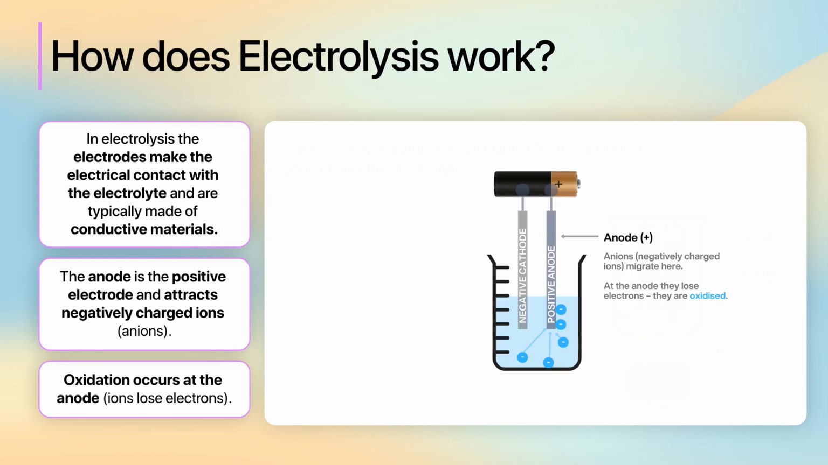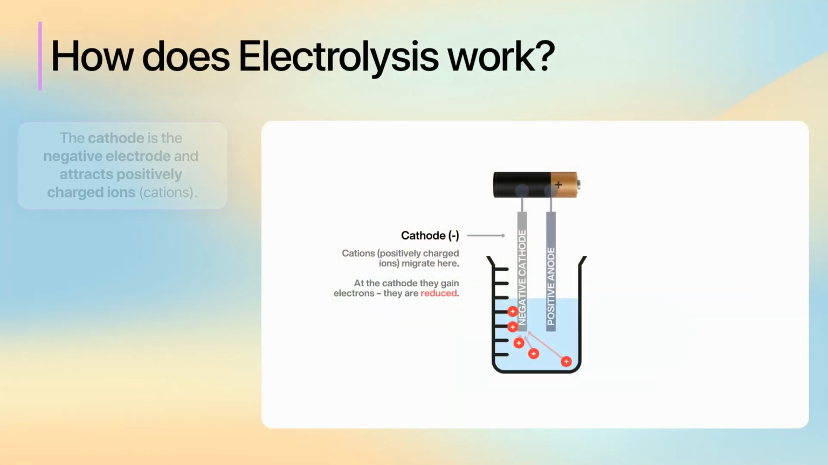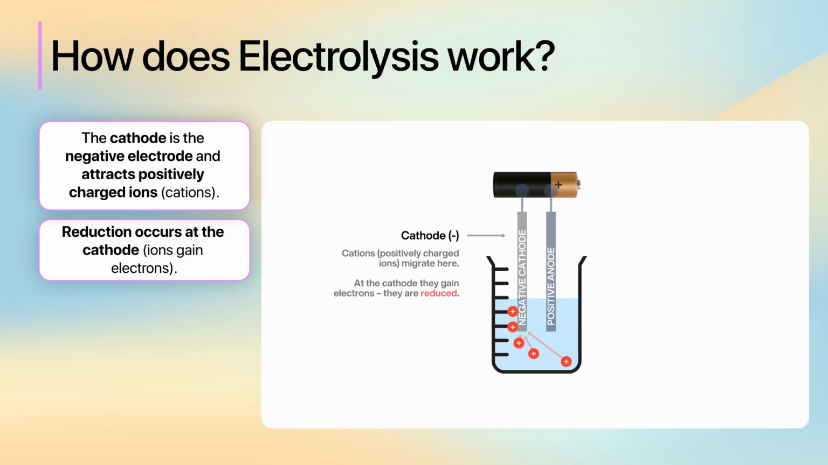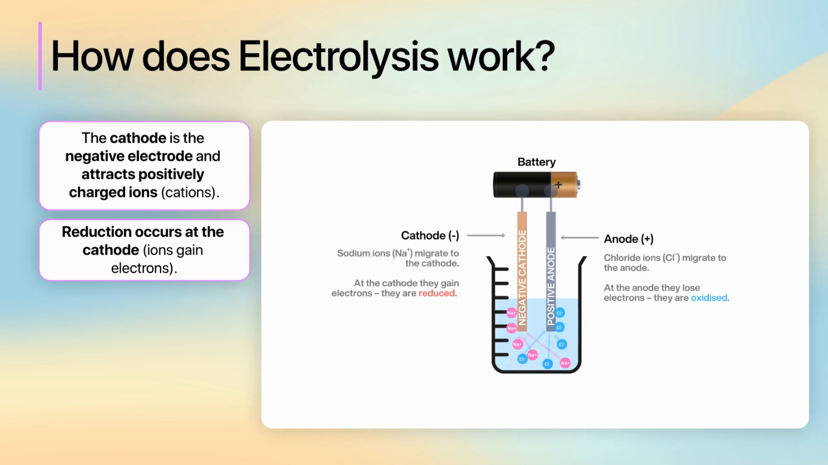For example, in the electrolysis of molten sodium chloride, chloride ions, Cl-, migrate to the anode and lose electrons to form chlorine gas, Cl2. The cathode, this is the negative electrode where reduction occurs. Cations, which are positively charged ions, migrate to the cathode. At the cathode, these cations gain electrons and are reduced. In the same example of molten sodium chloride, sodium ions, Na+, migrate to the cathode and gain electrons to form